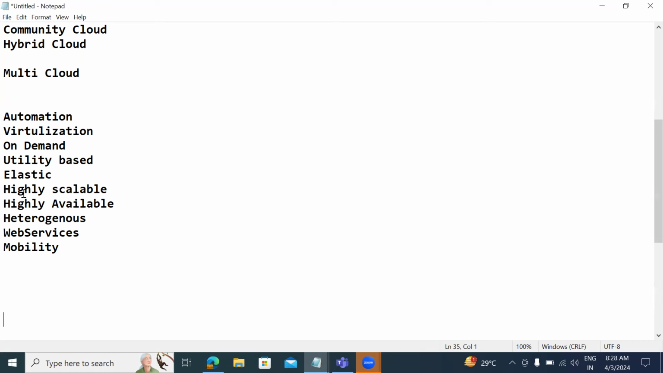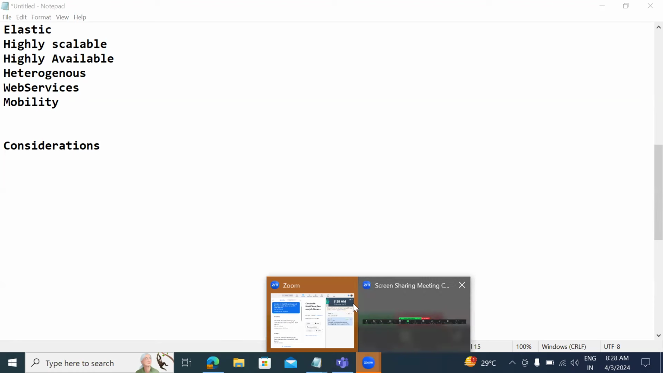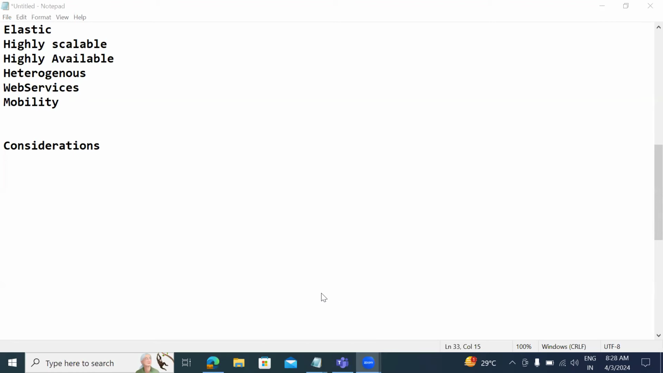So we have a lot of advantages in moving to cloud. I wouldn't call them disadvantages, but there are definitely some considerations before moving to cloud. What may be the considerations? We'll discuss. Suppose our company has decided to move to cloud. Then the first consideration we may have is